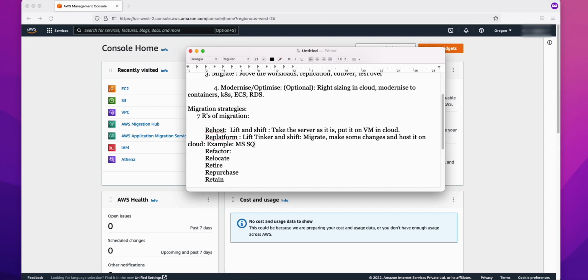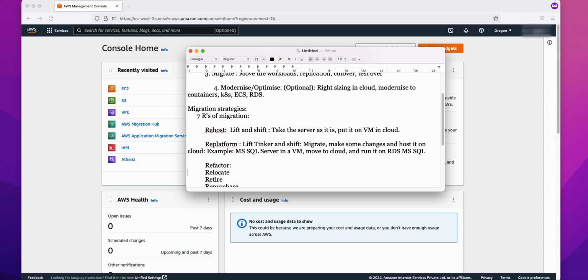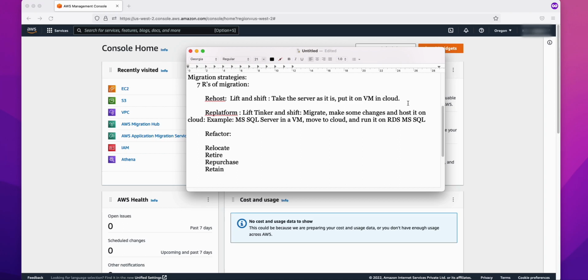I have a Microsoft SQL server in a EC2 or a VM. I move to cloud and run it on RDS, which is again going to be Microsoft SQL Server. So I'm still using Microsoft SQL Server, except for the fact that from a VM I've moved to RDS. So the database is still the same. There is no technology difference. There is no difference in how my applications are going to be connecting, or what my database administrators, DBAs, are going to do. It's still the same. So all I did is just move from a VM to a managed service platform, and except for that, nothing